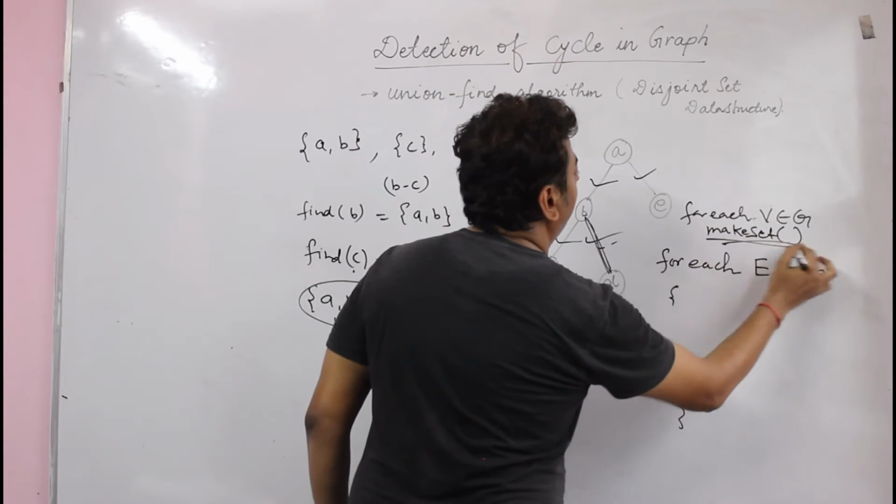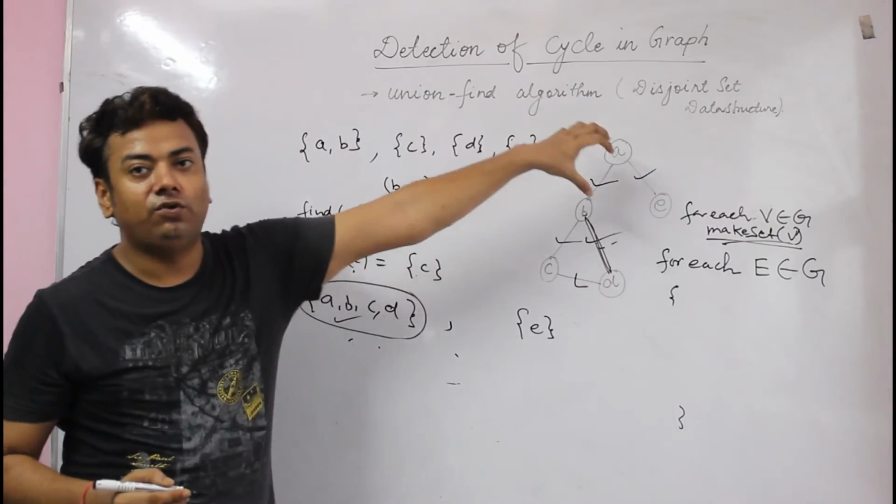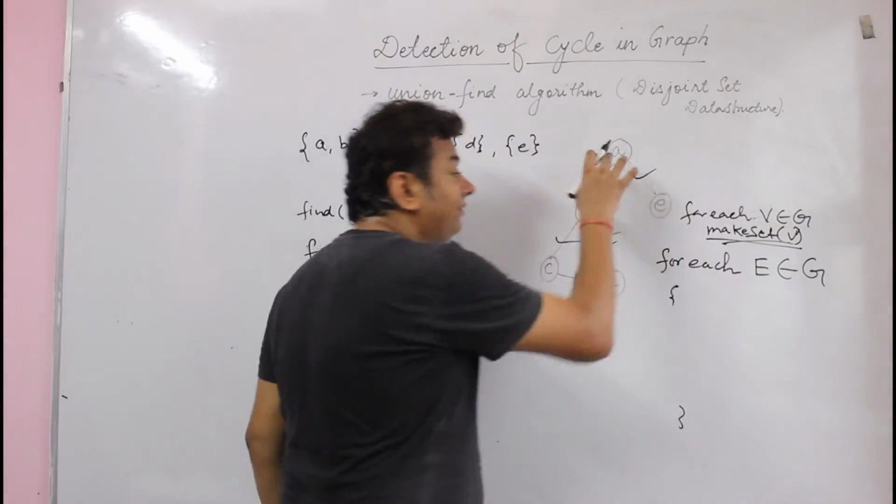So we are making a set for each of these nodes. Thereafter, for each edge,